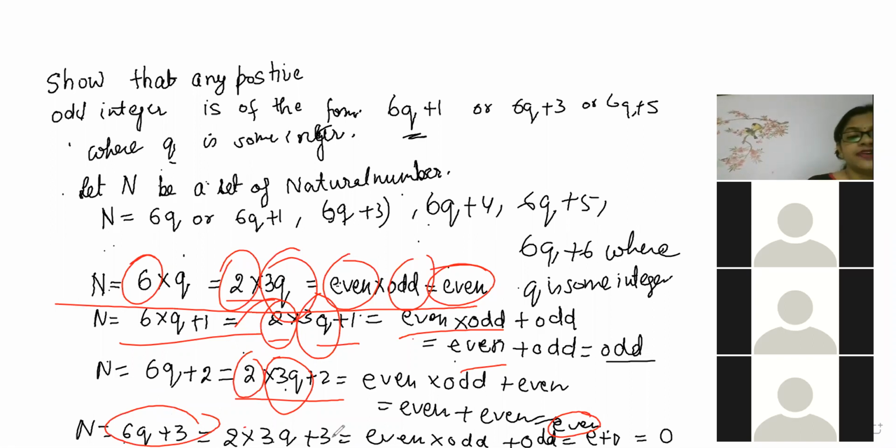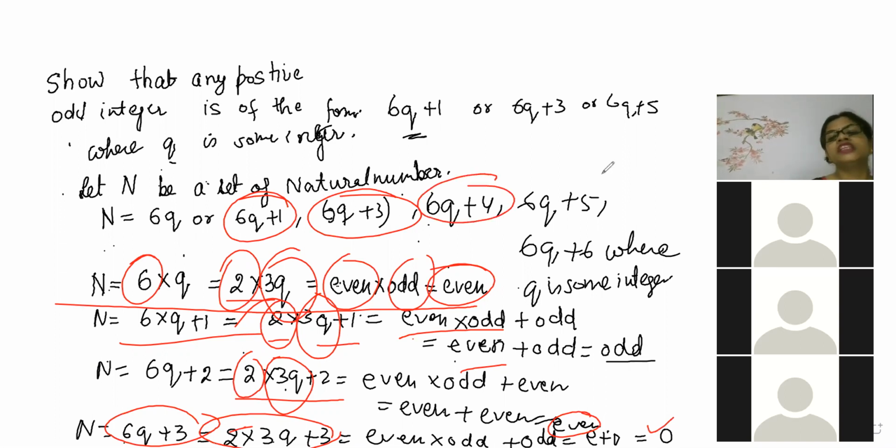Okay. Now here 6q into 6q plus 3. Now 6q again it will be written like this. This will come even. Even into odd plus odd. And you know even plus odd will come odd. Is it satisfying one condition, beta? When we have taken this one, we got odd. When we have taken this one, we got odd. This will bring even. This will bring odd.